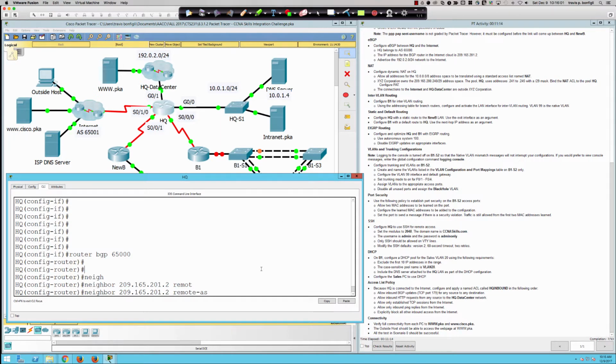And again, iBGP wasn't covered, but it's good to know that there is a difference there, and that this value is what dictates what that relationship will be like. And now we are going to advertise. What are we advertising here? The 192. Okay, so very simple here, right? A simple network statement where we're going to say